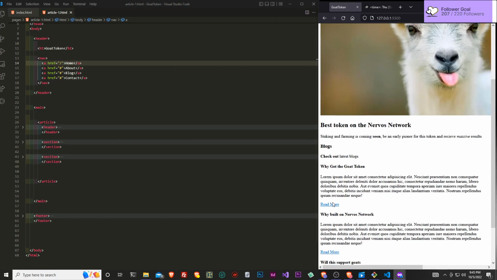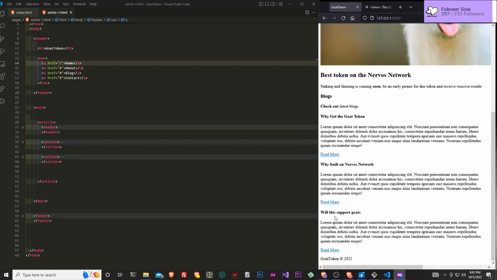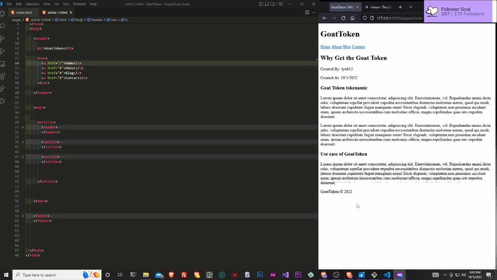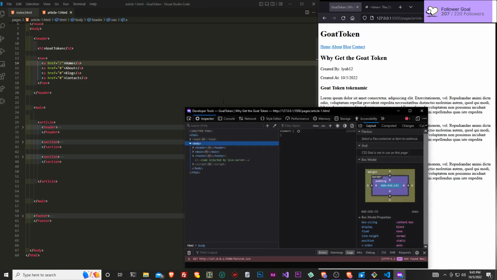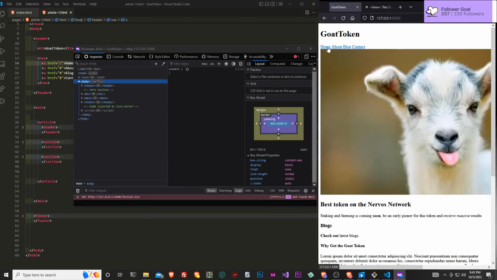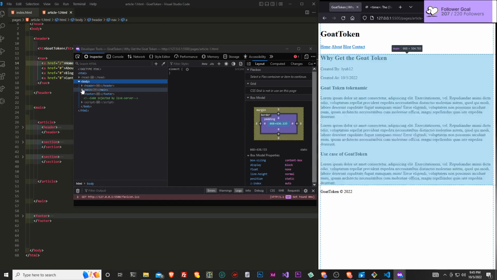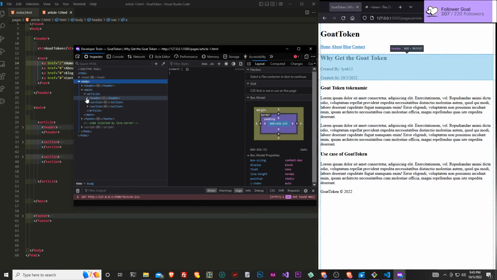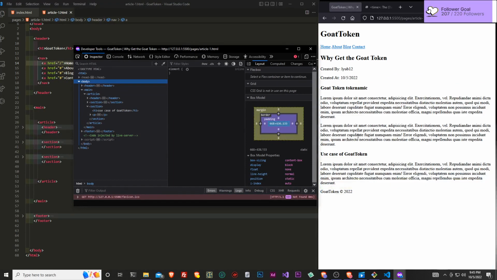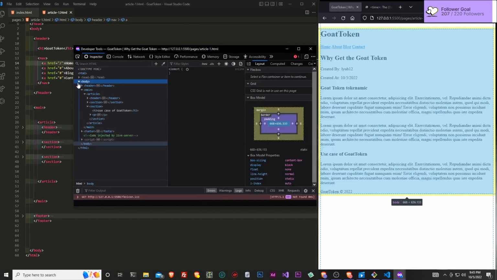Anyways, and if we just go back here, you guys can see home, read more, home, read more. And if we just open up the developer tools, if we go to the home, or if we go to the read more, you guys can see if we hover over this, we have the article, we have our header, and all of our sections. And you guys can see in Mozilla Firefox, it tells us what it is and all that stuff. It's really cool.